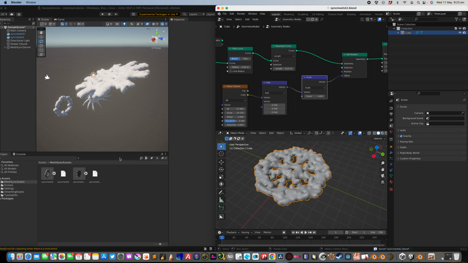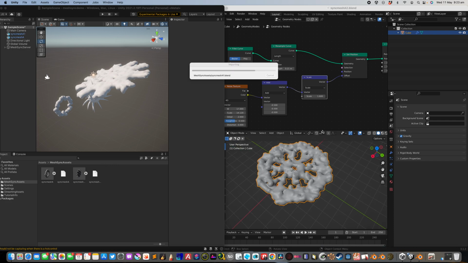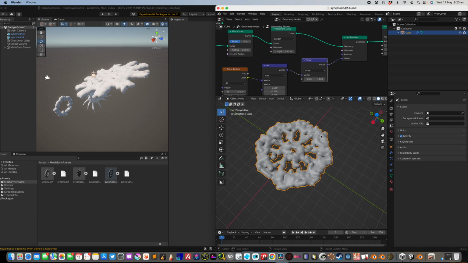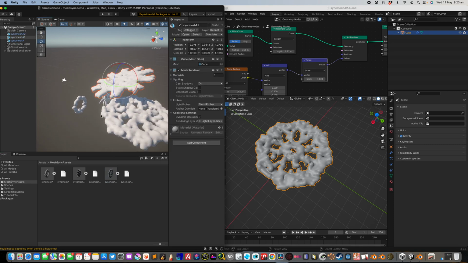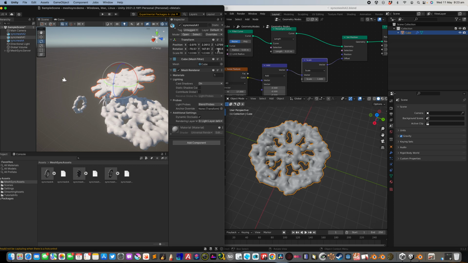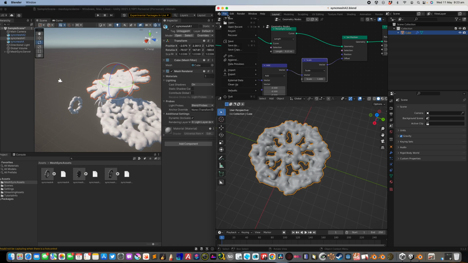Save, and that should sync again, and we have a new object, and you can continue doing this. What's cool about